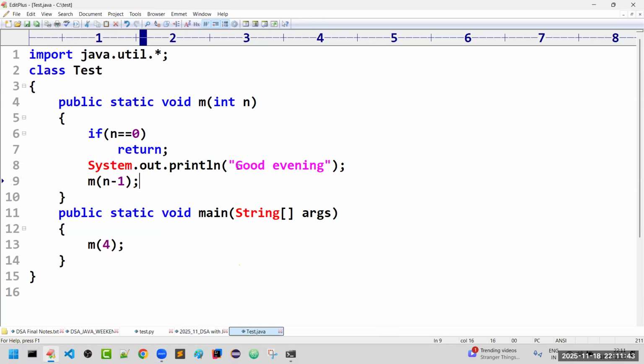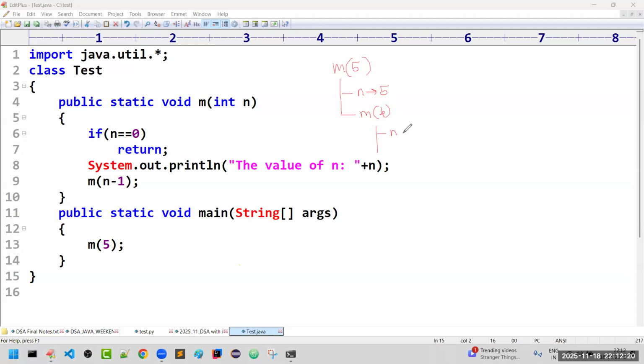Sir, if you take this Java program, assume here I am printing the value of n. That is my requirement. Now observe for the same program, let me pass 5. First we call the method by passing 5. What message will it print? The value of n is 5, and it calls the same method by passing 5 minus 1, which is 4.